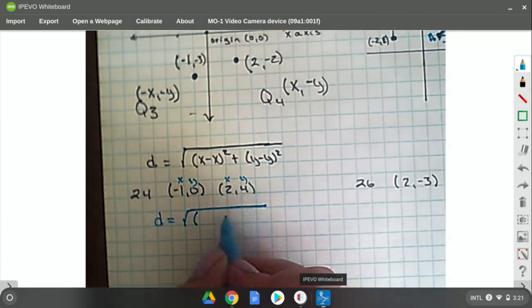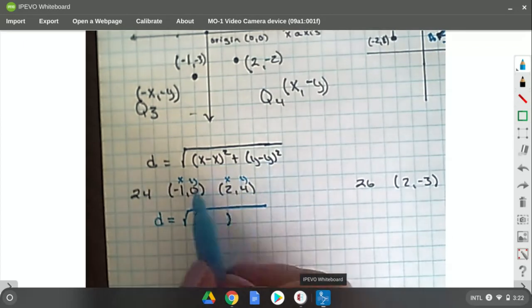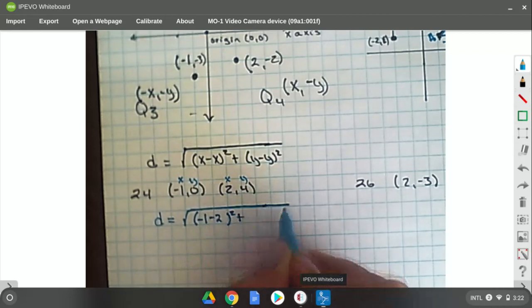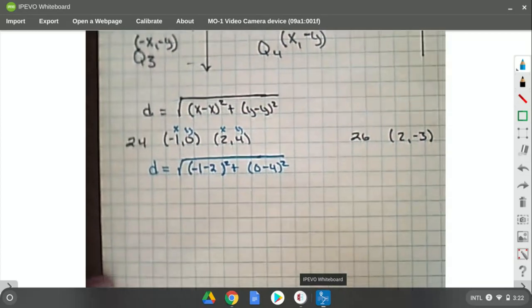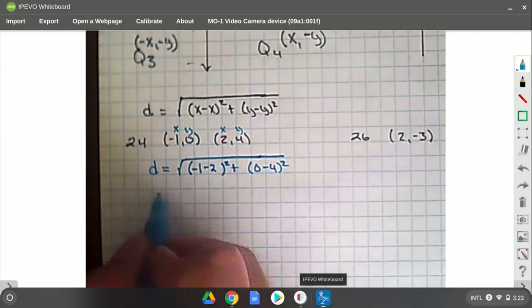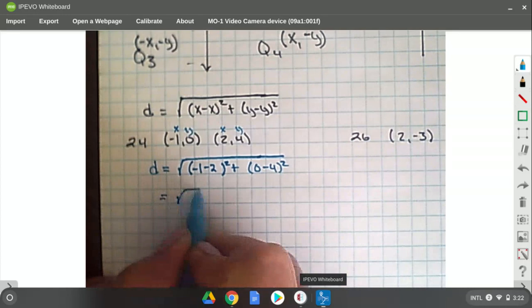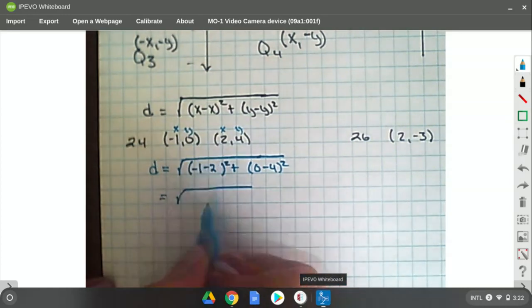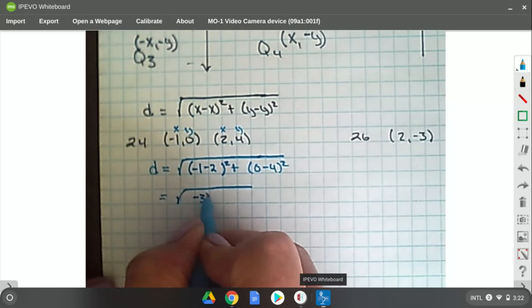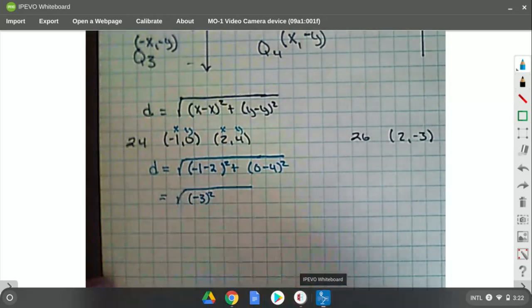Now, it's just good practice to always go in the same direction. So if I'm going to say -1 minus 2, squared plus, then I'm going to say 0 minus 4 squared. Okay? So far, so good. That's just our setup. Now it's just the math. Is equal to